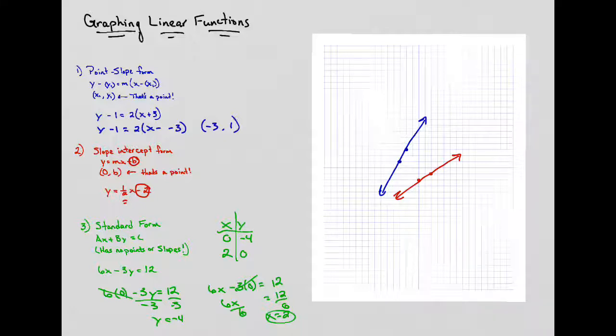I don't need to find my slope. I don't need to find my intercept. I don't need to do anything except go through and find these 2 points, because 2 points make a line, and now I can graph them. I have my first point at 0 over, negative 4, so 1, 2, 3, 4 down. I have another point at 2 over and 0 up. That one's right there. And now I can just connect my dots, quick sketch,